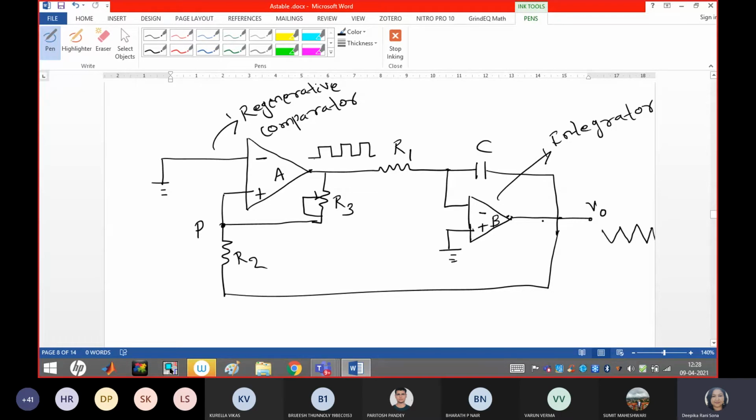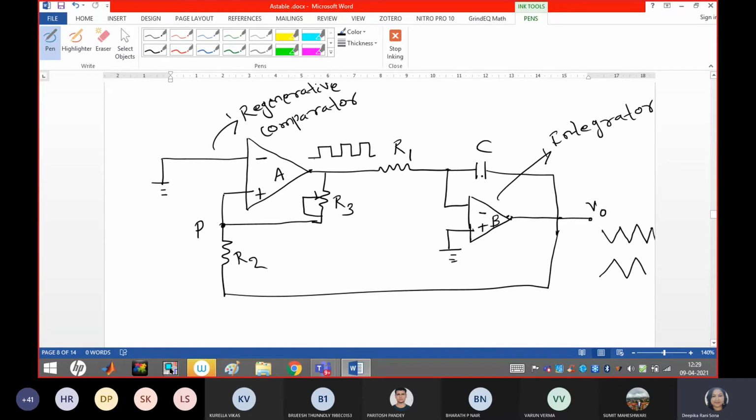But now the case, whether the triangular wave is from plus V set to minus V set, meaning the ramp signal is from plus V ramp to minus V ramp, or minus V ramp to plus V ramp, that we have to analyze. Okay, so here you can get the concept. We need a square wave for the integrator to generate the triangular waveform, and that can be generated from the Schmitt trigger circuit. Okay, let's analyze.